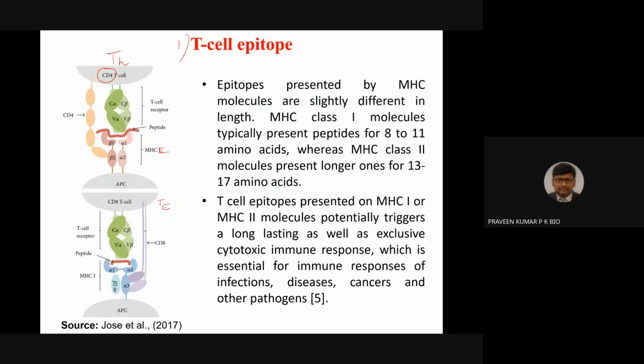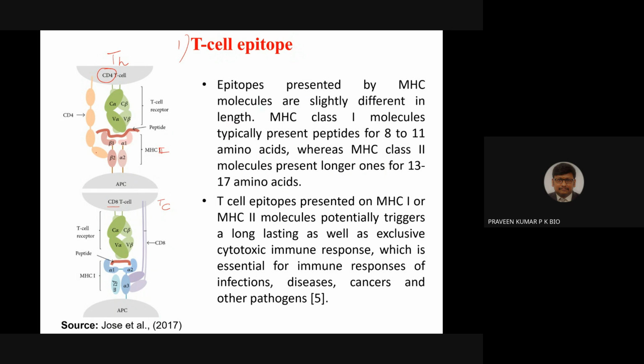So T subscript C, we call it the cytotoxic T cell, which has CD8 on the surface. This is how the T lymphocytes are distinguished. The helper T cell has CD4, the cytotoxic T cell has CD8 but does not have CD4. Now, other than the CD4, what else?